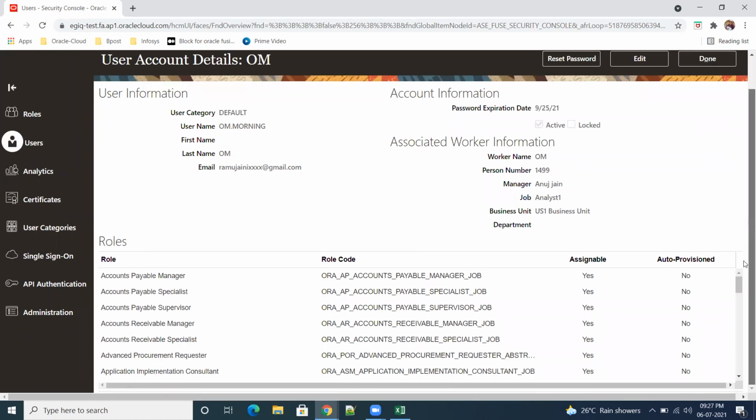So here, these are the job roles. I explained during the demo, right? In the security context, we have a job role, data role, duty role, and abstract role. Job role will decide what kind of job the person can do. Duty role is the inherent role. The duty will come based on job role plus data access.